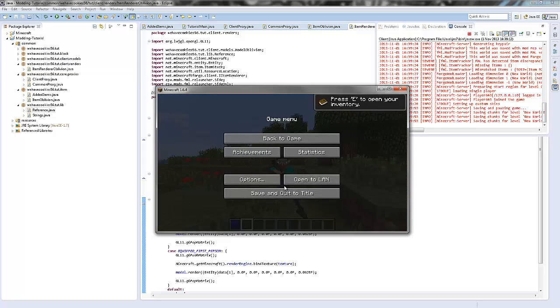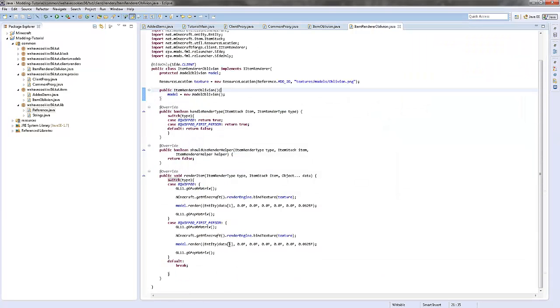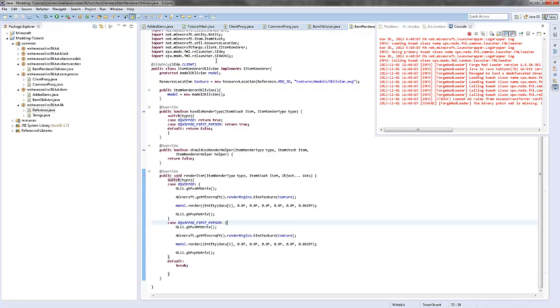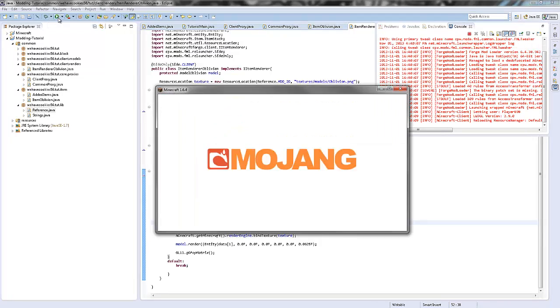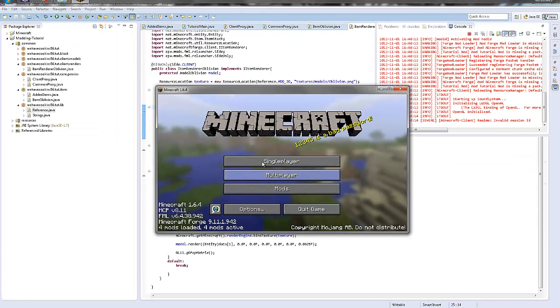Now, obviously that's not brilliant. So, the best way, I mean, you can sit here and make guesses, and you kind of have to anyway, but the best way to do this is to run the debug here, which is next to the running, but just run the client, and